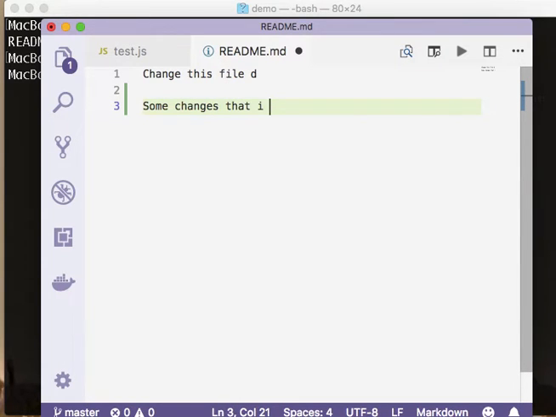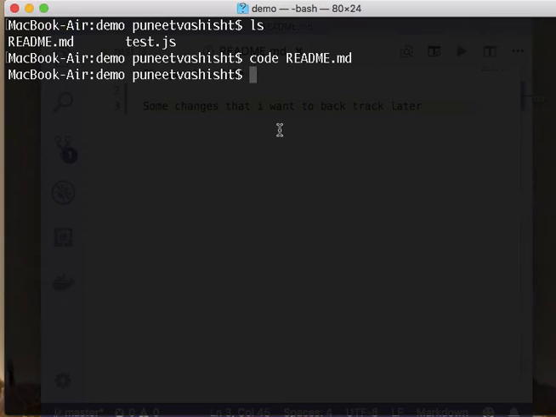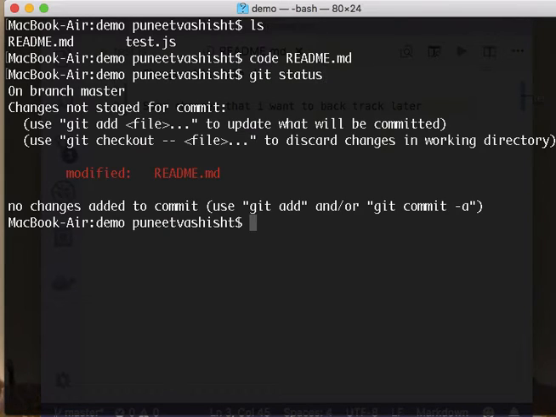That I want to backtrack later, right? And so I can just go down to the Git status, and add the README file. So just type in add README over here. Now, if I just do Git status again,